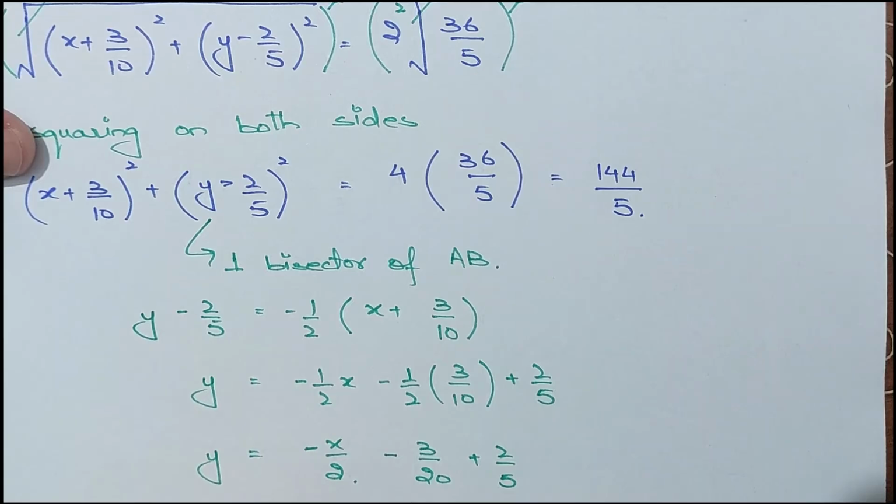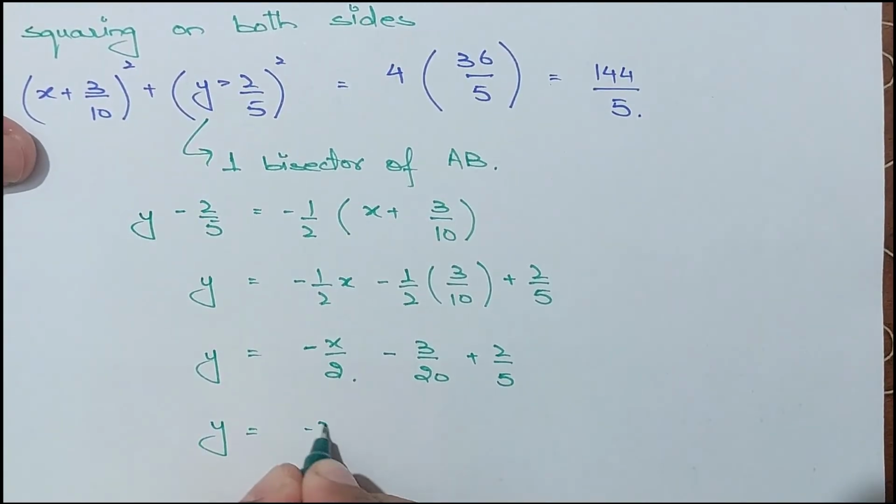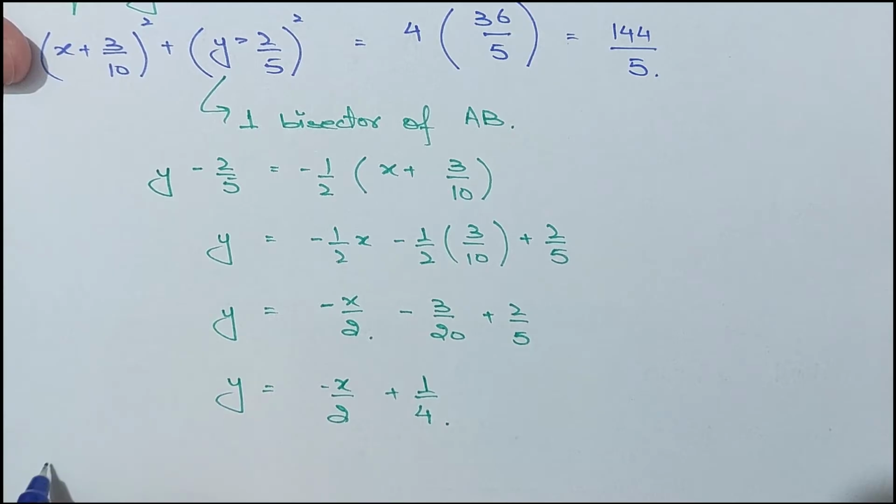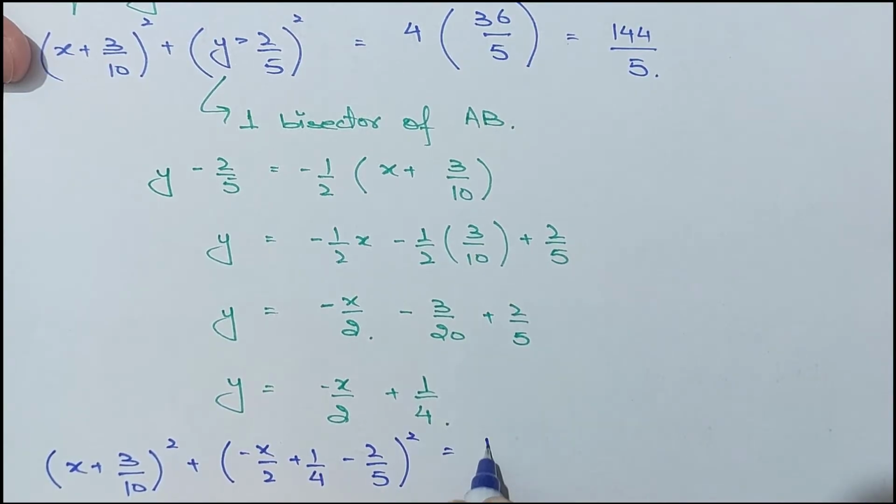So y would be minus x by 2 plus 1 by 4. Let me substitute this y value. So now we have x plus 3 over 10 whole square. The y value is minus x by 2 plus 1 by 4 minus 2 by 5, its whole square